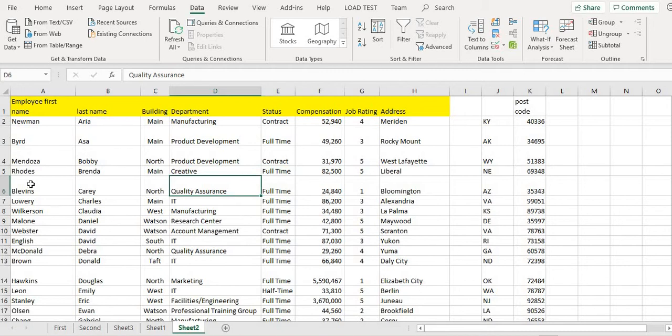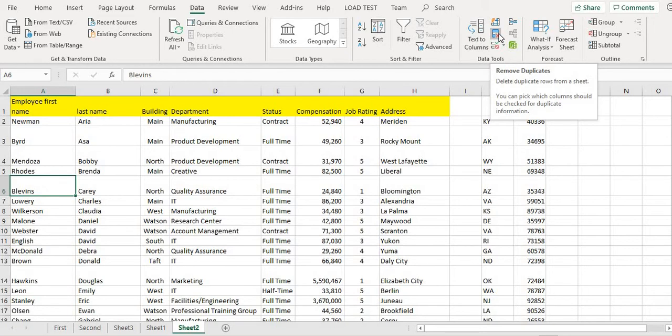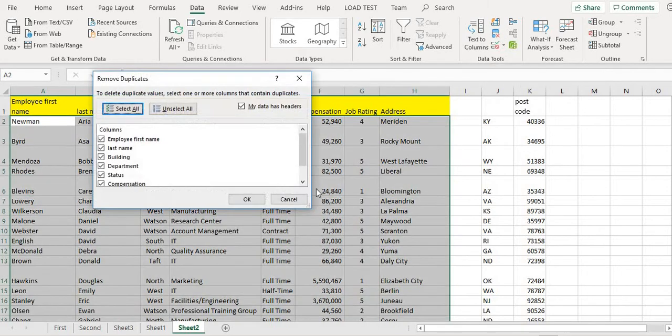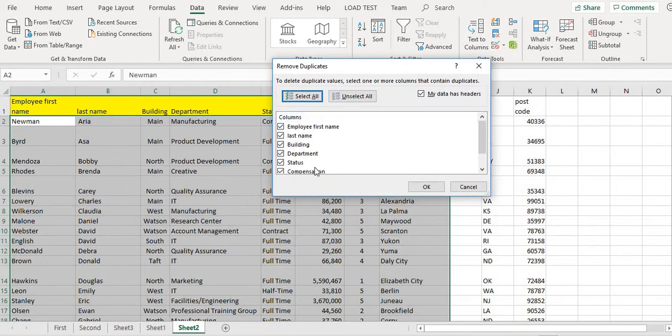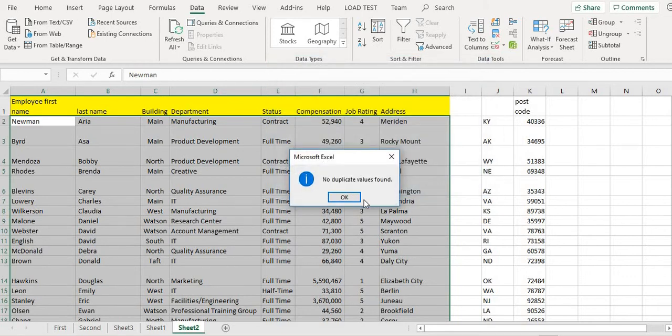Now in the Data tab itself, besides this there is one more option, Remove Duplicates. So Excel gives you the functionality to remove duplicates. If you click on that, you choose on which column basis you want to remove duplicates. If you want only a particular column, or the combination of all the columns, you can choose. Okay, there are currently no duplicates.